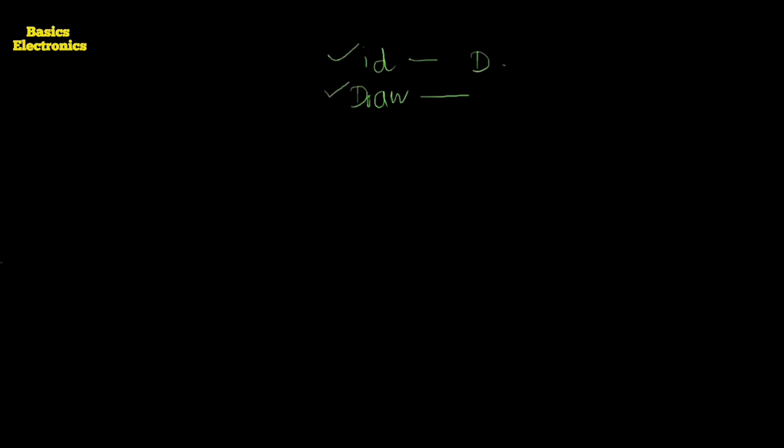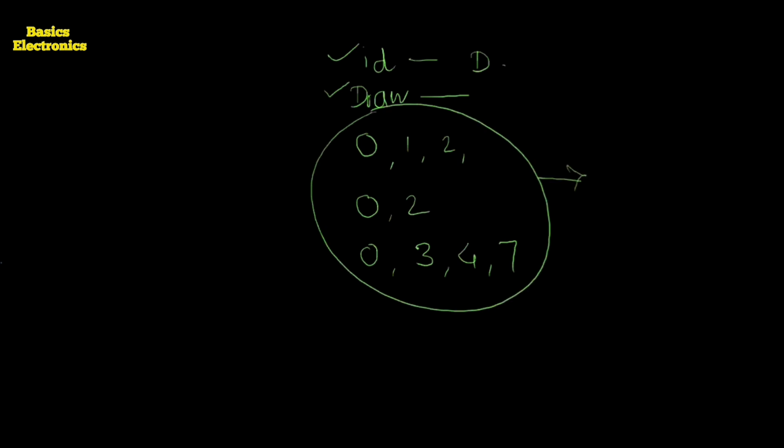After drawing the truth table, here we implement it. Whatever the given lines are in the example, that may be 0, 1, 2, or 0, 2, or 0, 3, 4, 7, whatever it is, those lines we require to connect to the gate, and that gate is either the OR gate or a NAND gate. If we are using the OR gate, then it can be directly connected, and if we are using the NAND gate, then inverted inputs we require to apply. Okay, the given example is like this.